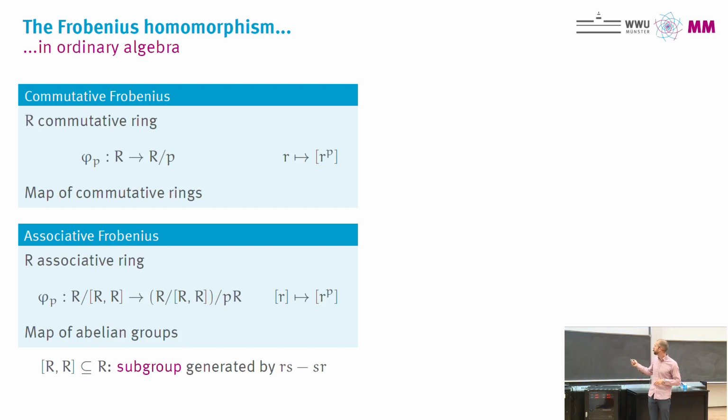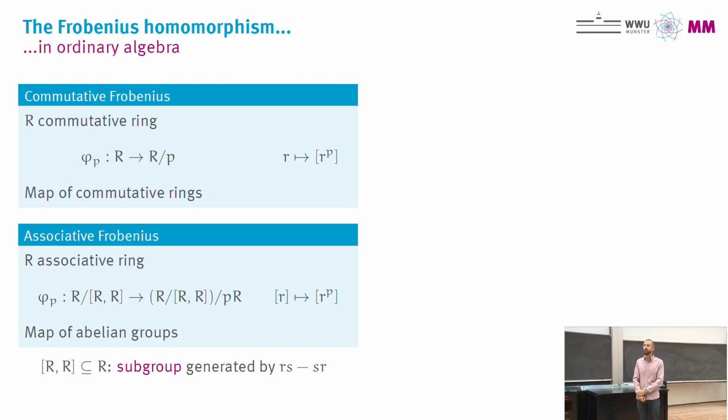So we just quotient by the subgroup generated by commutators. And here I really mean the subgroup generated by commutators, not the ideal. So these quotients here are not rings. But these are just abelian groups, and then it's very easy, with virtually the same proof, to see that this is actually a homomorphism of abelian groups. So that's the associative Frobenius, and these are the two versions, the two incarnations of the Frobenius that I will